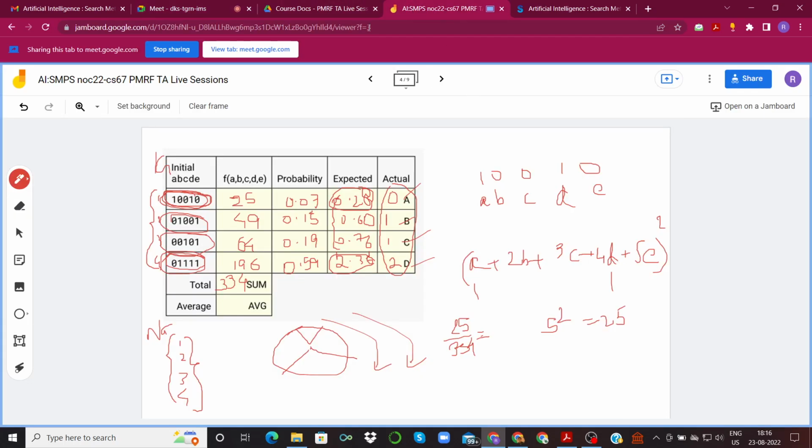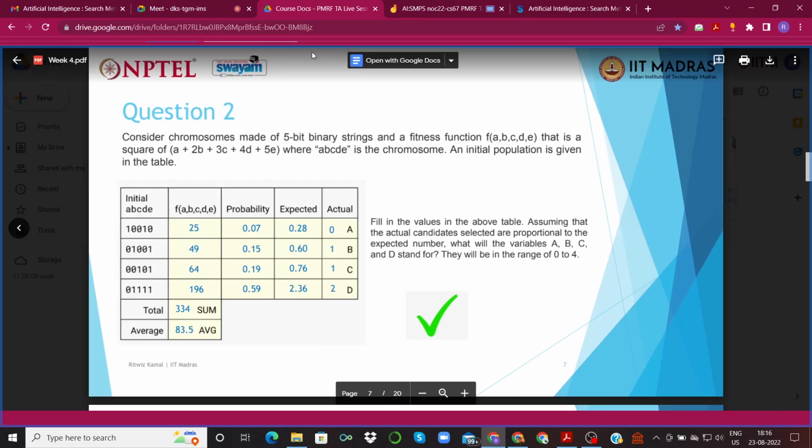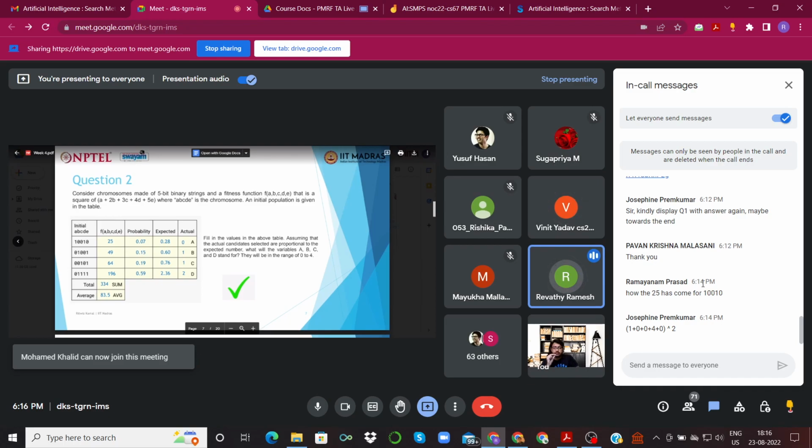Sir, actually, the maximum probability string should be taken 2 times and other strings should be taken 1 time. Is it a rule like that? It is mostly the case, but it may not always be true. Again, I would say just have a look at that explanation by Bhaskaran sir. That will, I guess, help you clarify that doubt that you are having. Okay, sir. Thank you, sir.